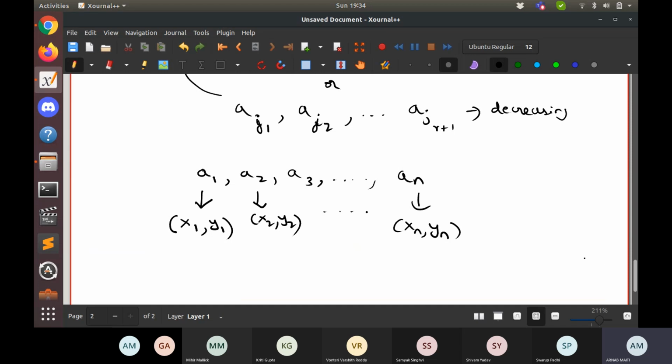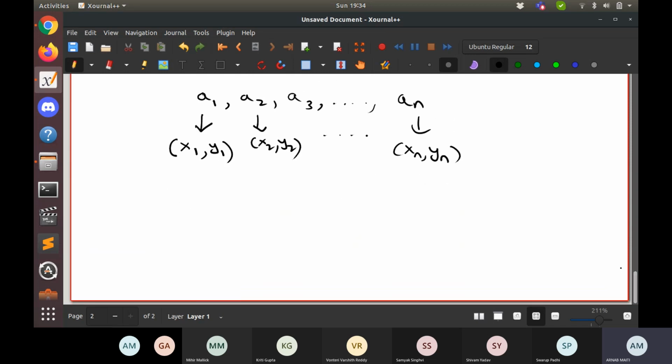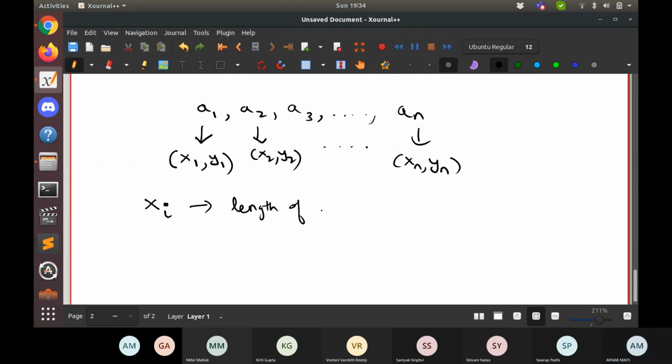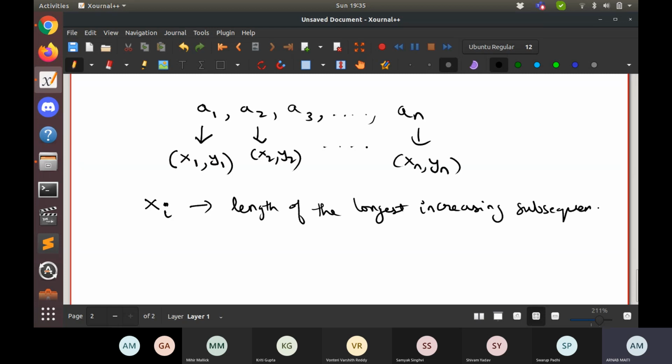Let me define what xi and yi are. xi is the length, meaning the number of numbers in the subsequence, of the longest increasing subsequence ending at AI.